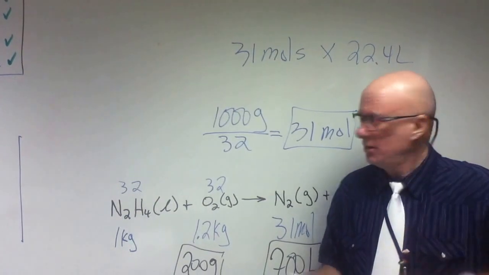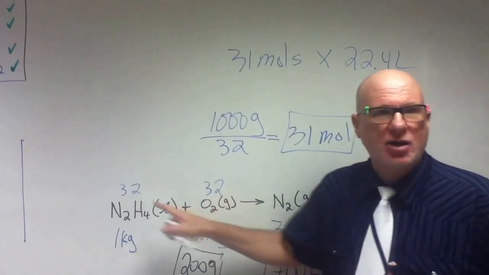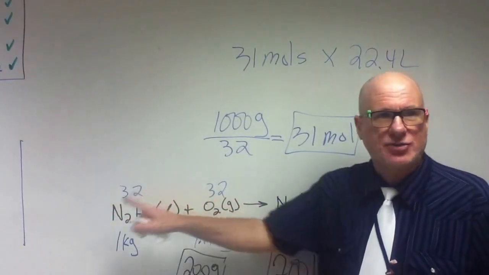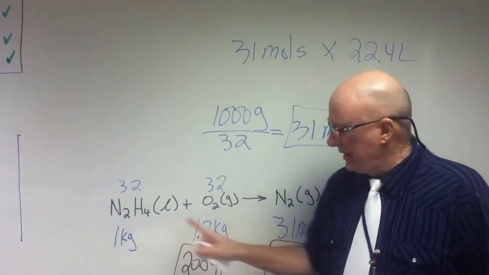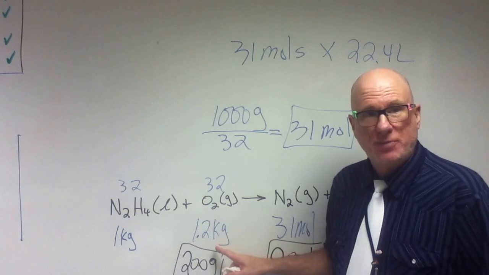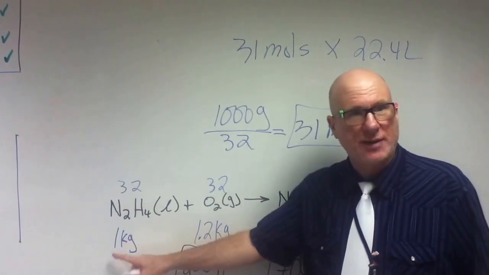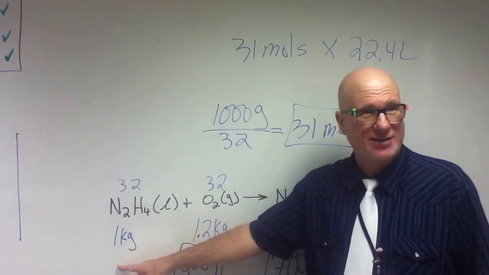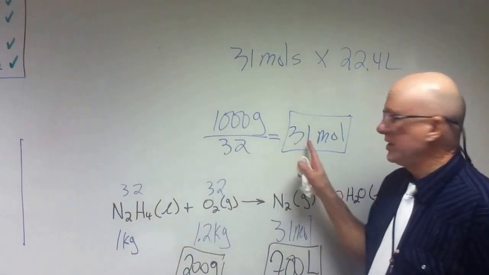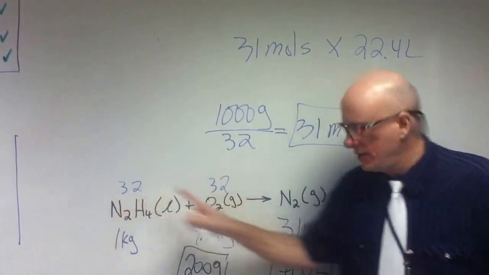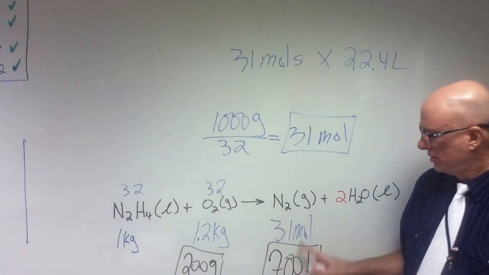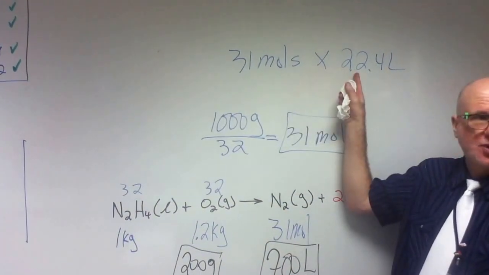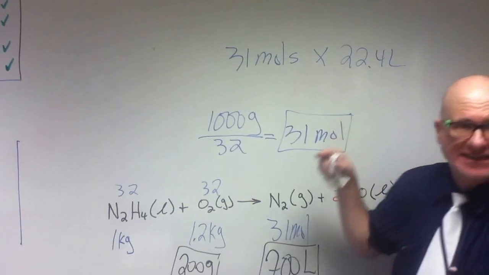Shall we go over it? 32 to 32. So there's not only a mole ratio, there's a mass ratio of 1 to 1, right? So if I use 1 kilogram, I need 1 kilogram. If I use 1.2 kilograms, I need 1.2 kilograms. Limiting reagent is hydrazine. The number of moles of hydrazine is 31, 1 to 1. So 31 here, 31 here. 31 times 22.4 each, because I'm looking for